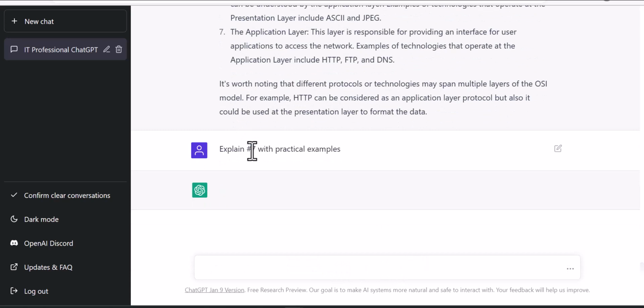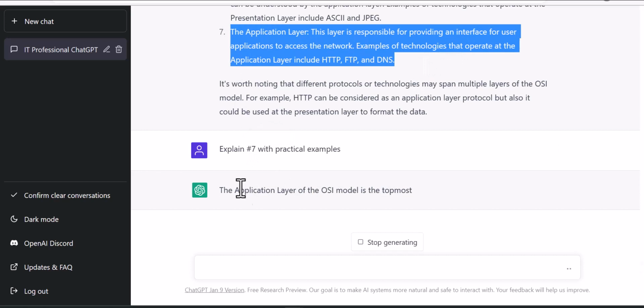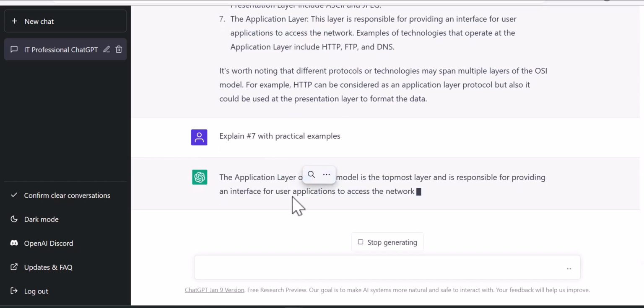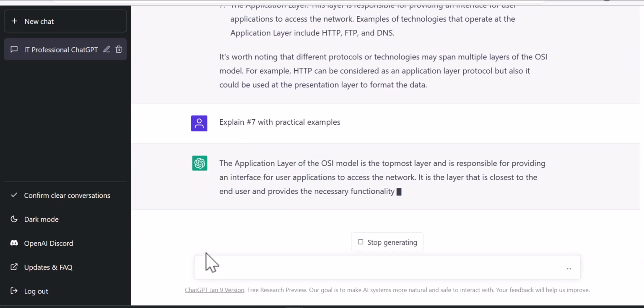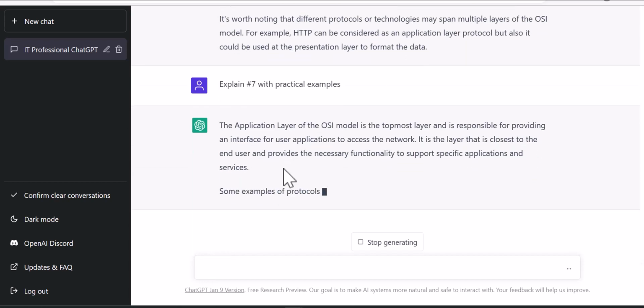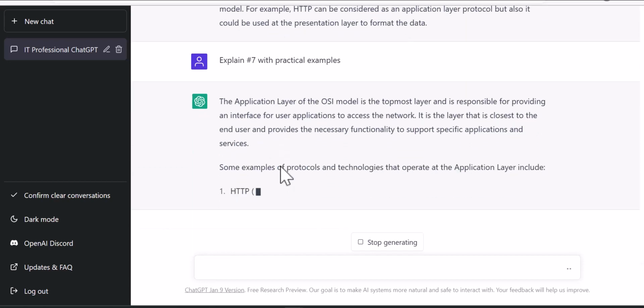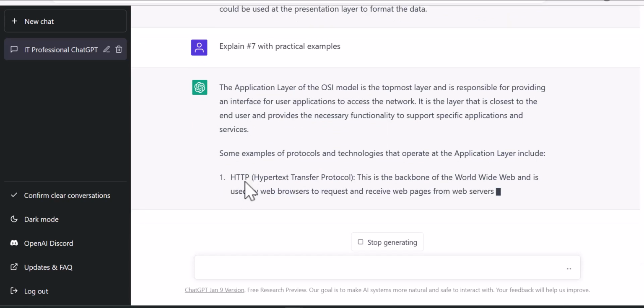Explain number 7. So it automatically can go out there and it can pick this application. You look at this right here. It already picked it for you. And remember, guys, it's not that you cannot find this information outside. It's just how quick it's giving you the valid and right information, and not going to different blogs and websites